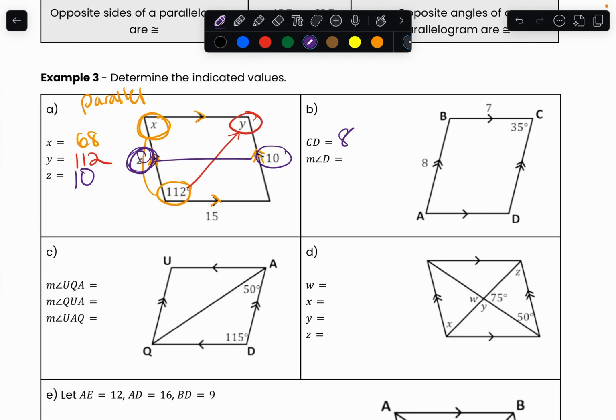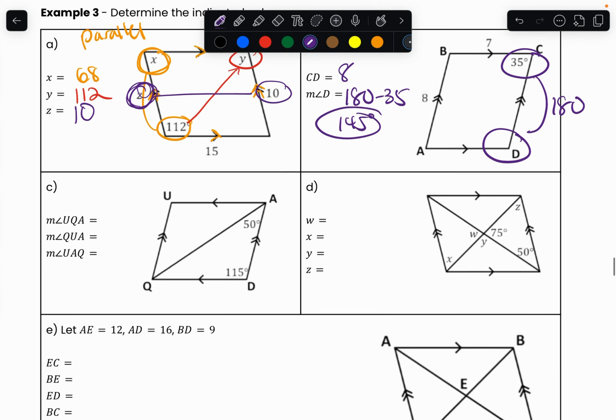Let's find the angle measurement of D, this right here. Now, if you look at it, let's see if we can find the opposite or consecutive angles. Do I have any opposite angles here? Well, I'm not given it, so I cannot go this route. Let's say if we were given consecutive angles. Well, we do. So this means that these two angles must add up to 180. So this means to find D, I'll just do 180 minus 35. That will give me my D here as 145, and that will be my answer for this question.